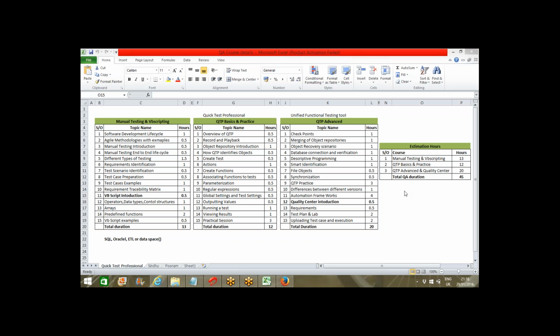Okay, so this course is called the Quality Assurance Course, which consists of two major areas. One is manual testing and the other is automation testing. In general, testing is a term we can define as the verification and validation of the product based upon the provided requirements. Due to current project requirements in the market, we have designed a course which will cover manual testing